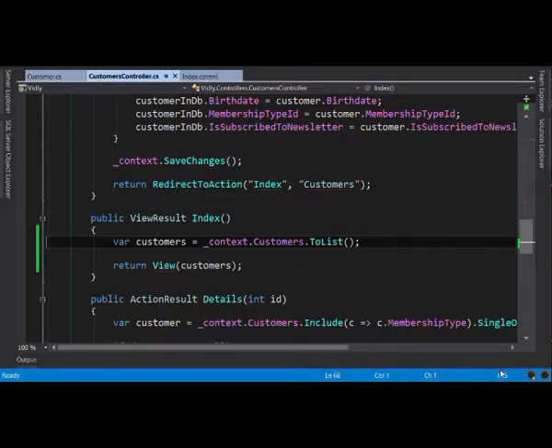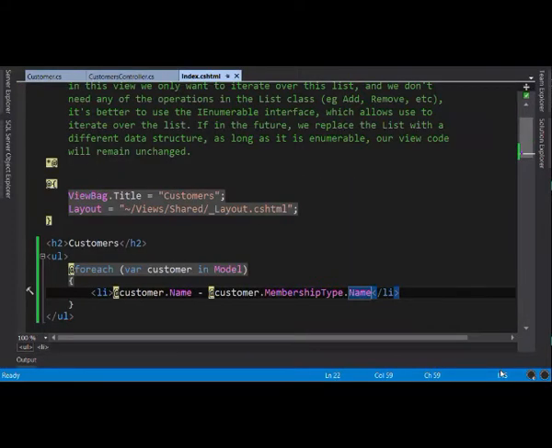Well, in our controller, when this line is executed, Entity Framework queries the database to get the list of customers. But their membership type is not loaded. It's not eager loaded. But here in the view, when we're iterating over each customer, when we touch the membership type property, Entity Framework is going to query the database again to get the membership type for that customer. So it will open a new connection, execute the query, close the connection, and the same story repeats for each